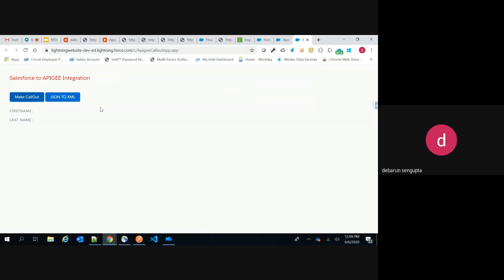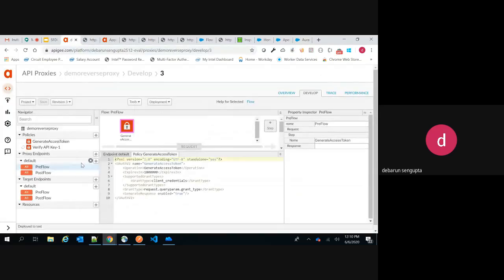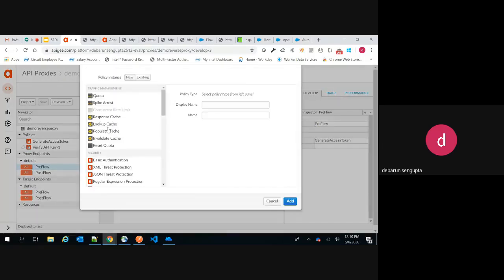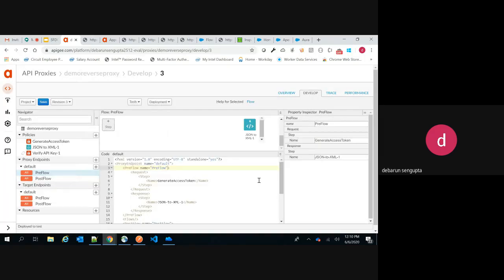Now another advantage here is, if you remember, our service was returning JSON from the endpoint, but say you want to transform that payload. For that, you don't need to write a single line of code in your class. In Apigee, when we were configuring the policies, in the mediation section, we have something called JSON to XML or XML to JSON. Since your response is JSON and you want to transform it into XML before rendering it to the user, you can just click on this and click on add.